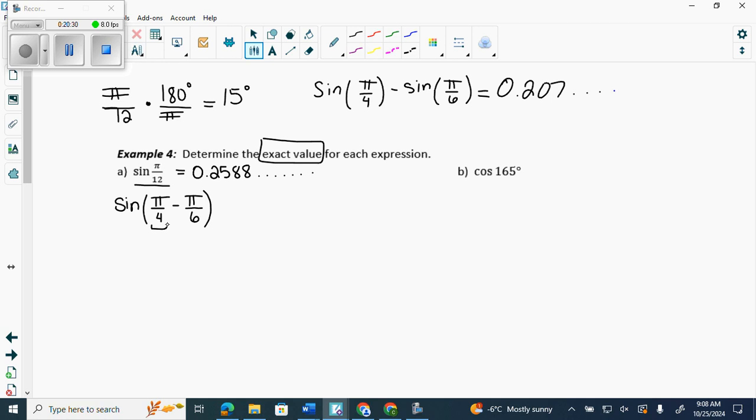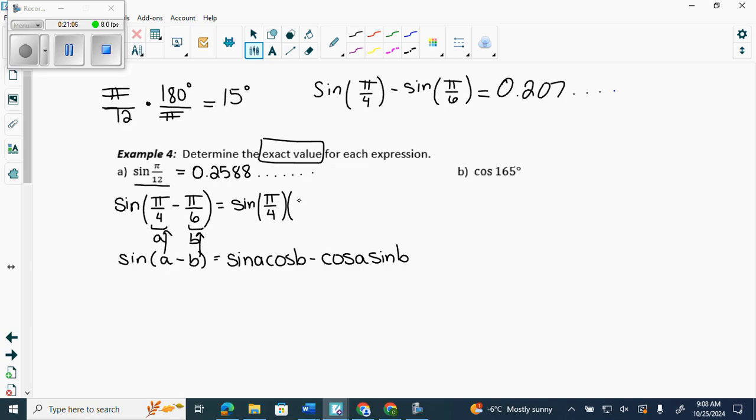This is A. This is B. So I write the formula below to help me out. I need sine of A minus B. So sine of A minus B equals sine A cos B minus cos A sine B. Right? That's just the formula off your formula sheet. This is A, this is B. So we plug it in: sine pi over 4,